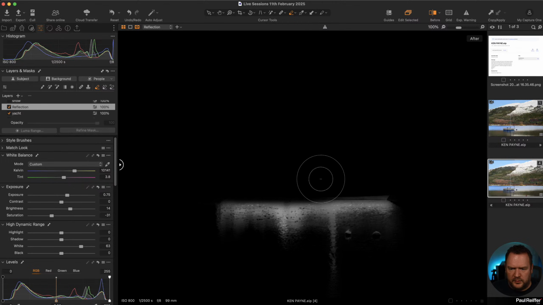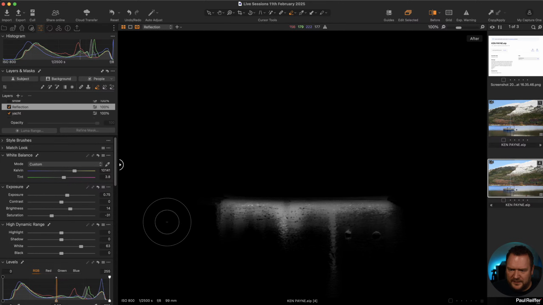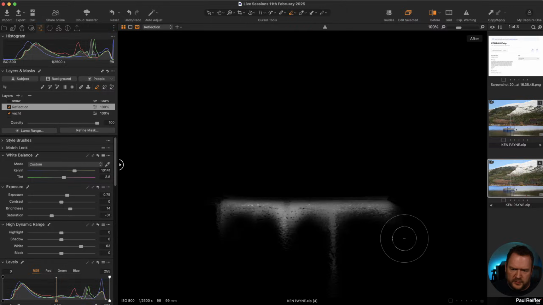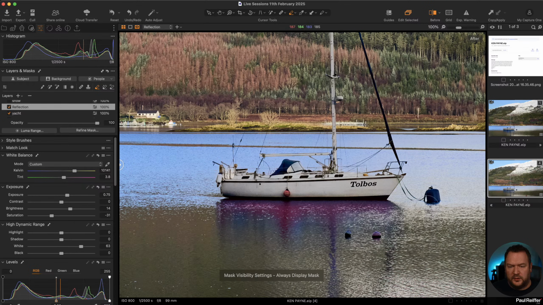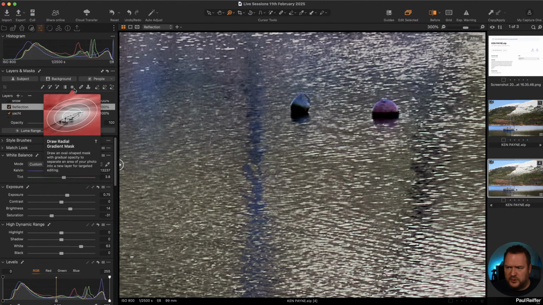I actually really want the base of the boat, to be honest. So let's fix that in there. Good. And get rid of some of this in here. So I do want this trail here. Good. So you saw how rough that was. And then with that reflection, well, actually, it's getting better. Let's just shift this a bit more. We might need to add a bit of extra flow on here.